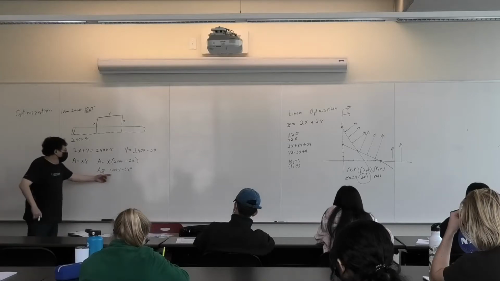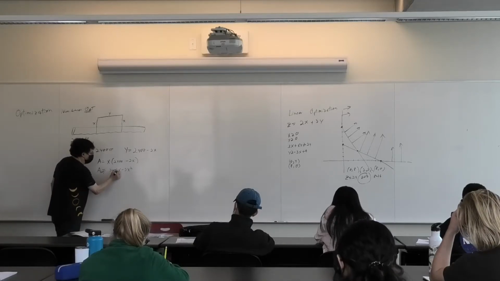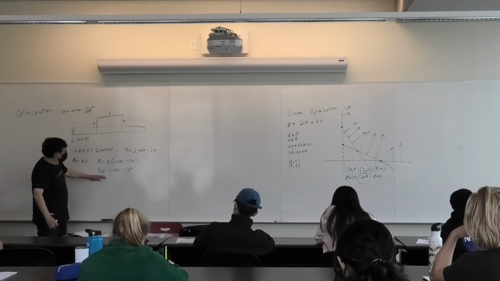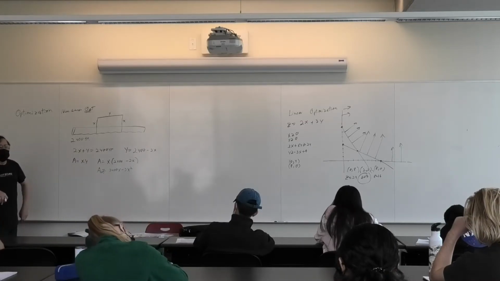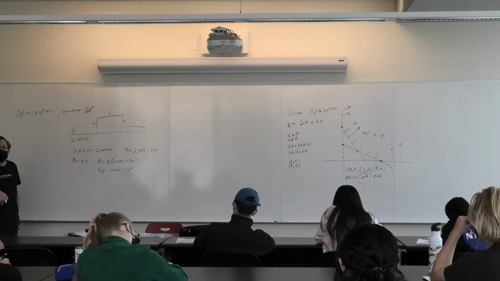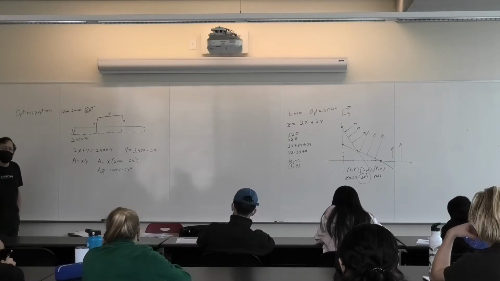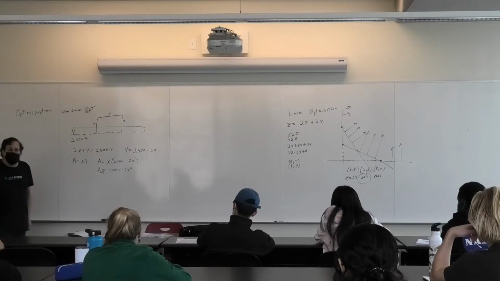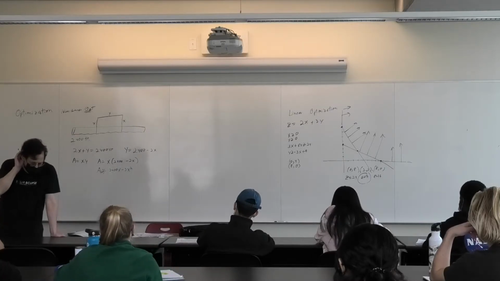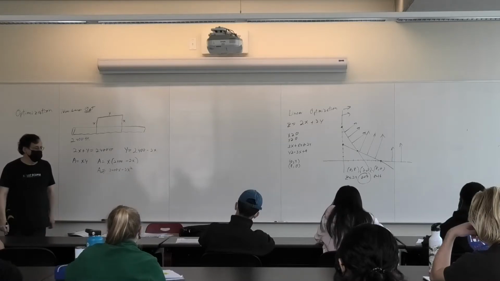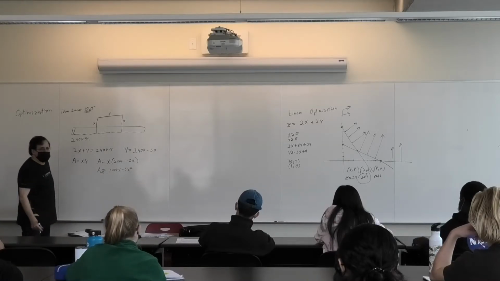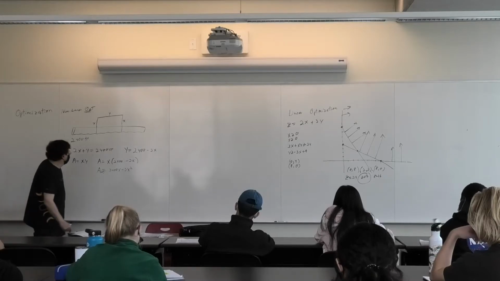This is a polynomial equation. Doesn't really matter. It could be any function. What do we do when we want to find a maximum or a minimum? Set the derivative equal to 0. Sure, that's the usual way we go about this.